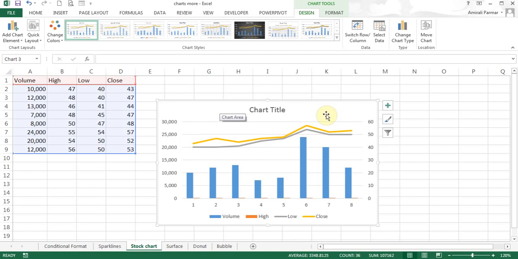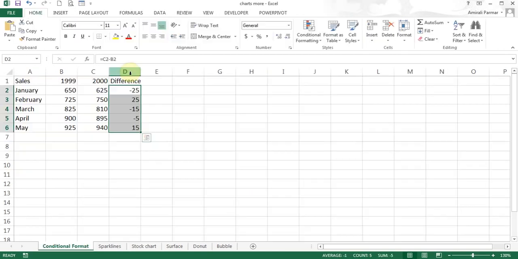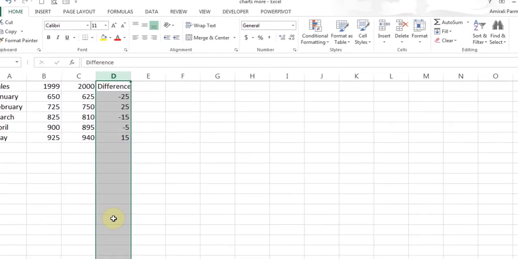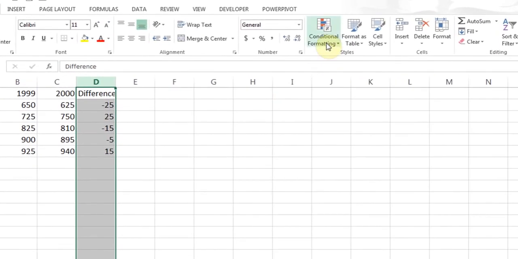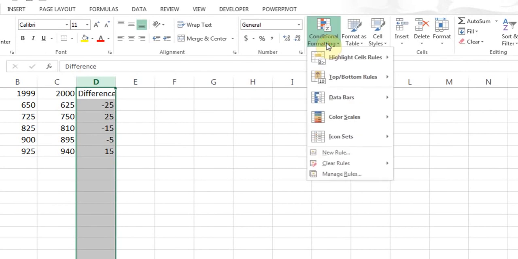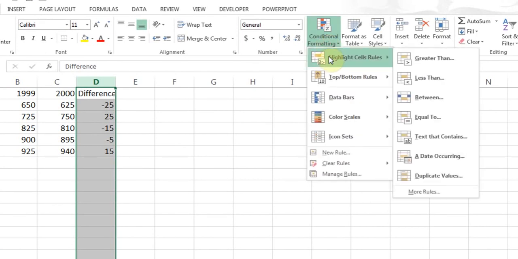Like this. Or if you wanted to apply the condition on the whole column, then you just click on the letter D in this case. And now on the right-hand side there is an option called Conditional Formatting. You click it, and then I go to Highlight Cell Rules, Greater Than,